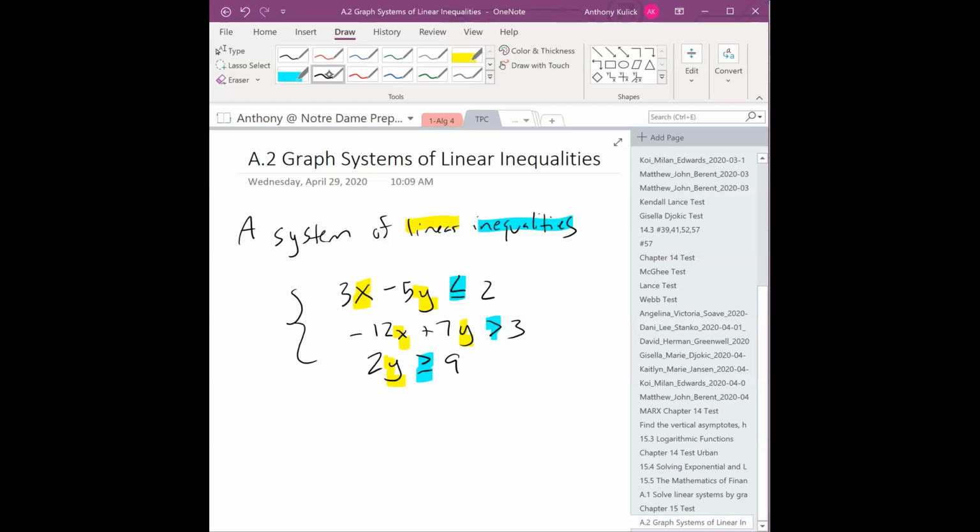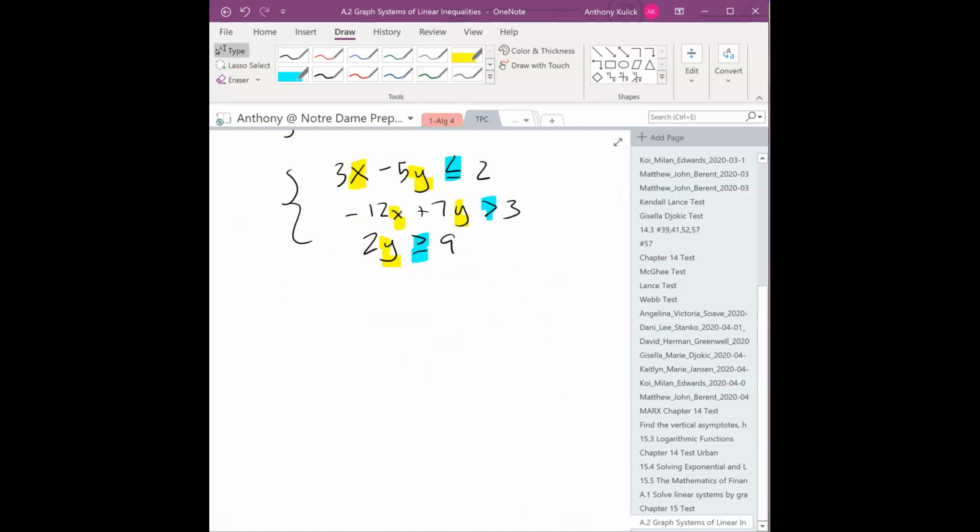So there's going to be typically an infinite number of points that satisfy this system of inequalities. To describe this solution set, rather than writing an equation or something, we're going to draw a picture. So this really comes down to a graphing exercise. So a couple of things. If we want to talk about graphing an inequality,